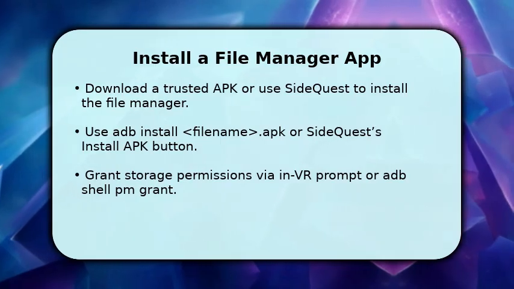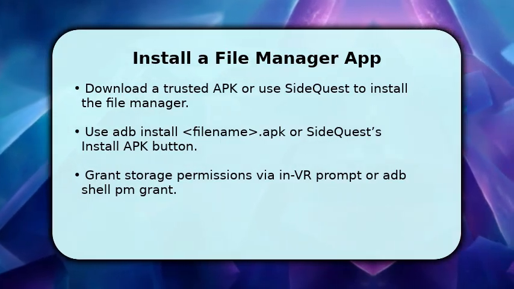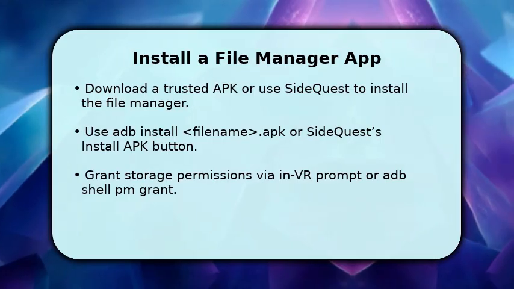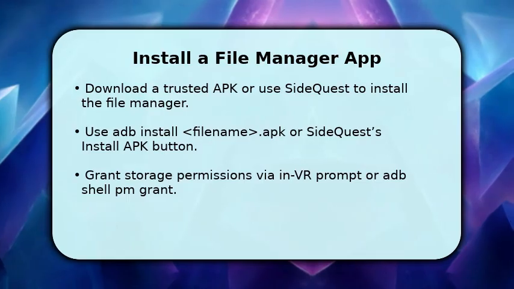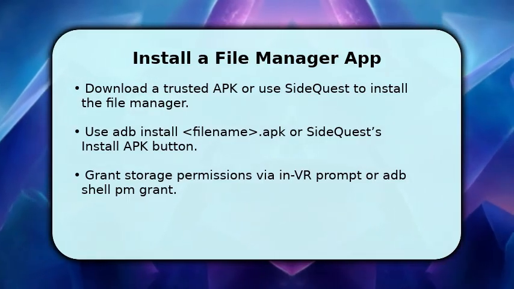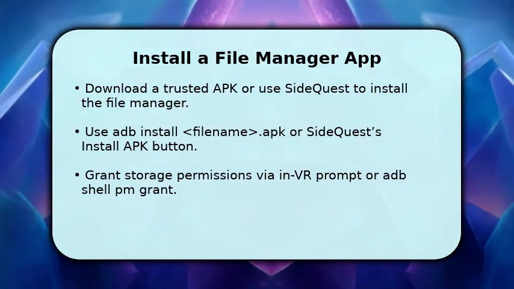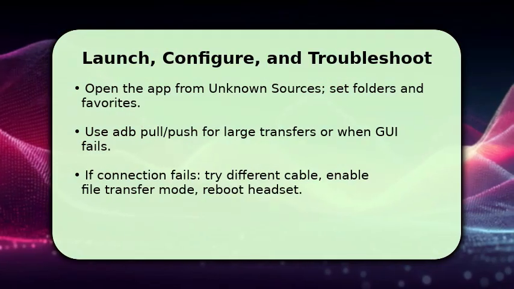appears. If the permission doesn't appear automatically, use adb shell pm grant com.example.permission.android.permission.WRITE_EXTERNAL_STORAGE to force it. This gives the app access to internal and external content, so you can browse and